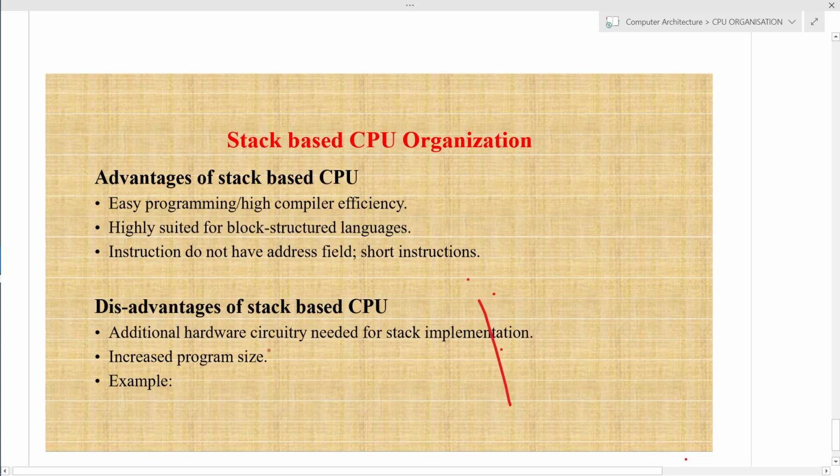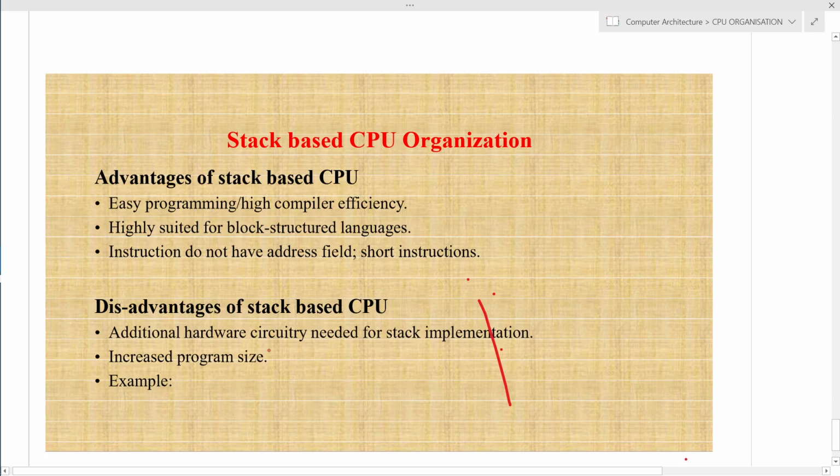That is the only limitation in case of stack based. However, stack based is very popular for specific applications where we are using block structured programming languages, and most PCs of the first generation and second generation had processors supported through stack. Even today's computers support stack; even if the majority of tasks are performed through registers, for specific operations or applications, stack is still preferred. So this is the discussion on stack-based CPU organization.